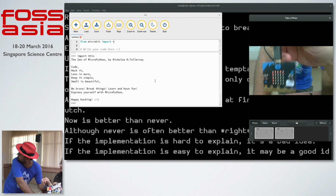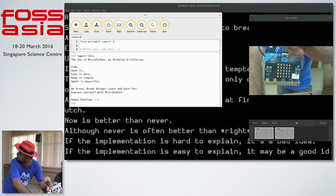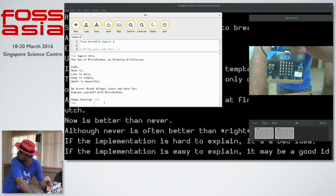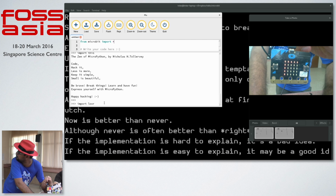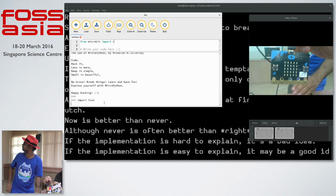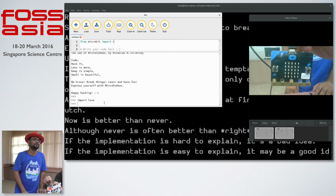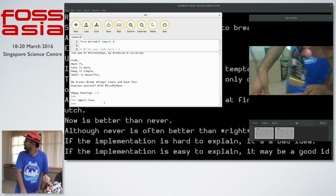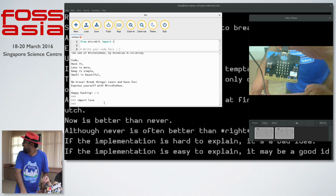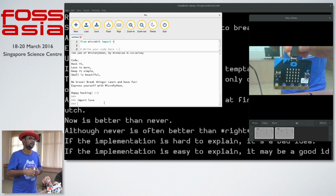Camera up. Okay, let's go back to the Python and we can write something like, where is the, so we can do import love. That's the heart beating. So people should be able to write or display the things they want to, but obviously on a 5x5 basis. And I don't have a speaker with me, but we have a music module also, so you can actually play music or create music using Python